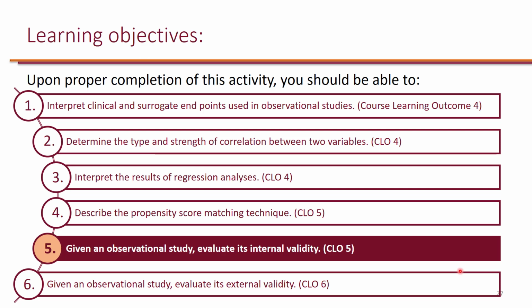We looked at interpreting endpoints used in observational studies. We determined the type and strength of correlation between two variables and interpreted the results of regression analysis, and we described the propensity score matching technique. Now, given an observational study, evaluate its internal validity, which is course learning outcome number 5 on the course